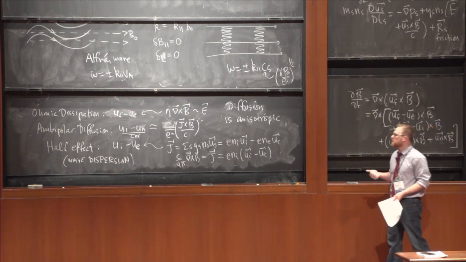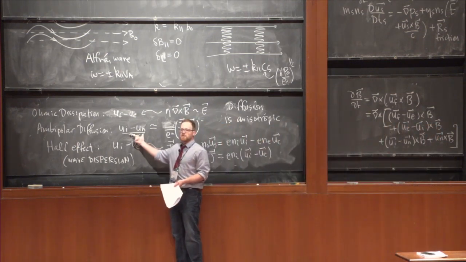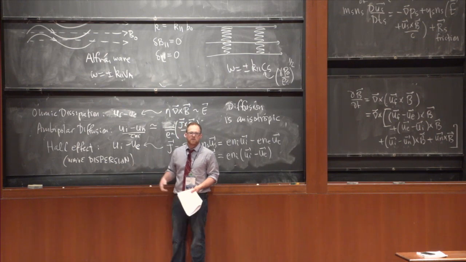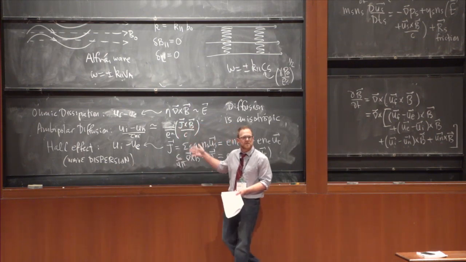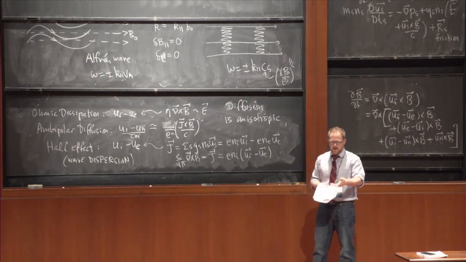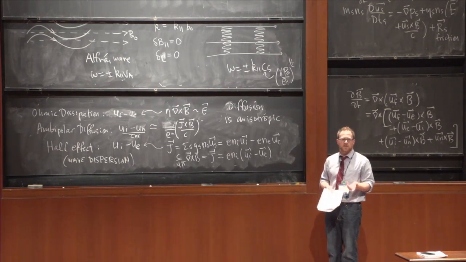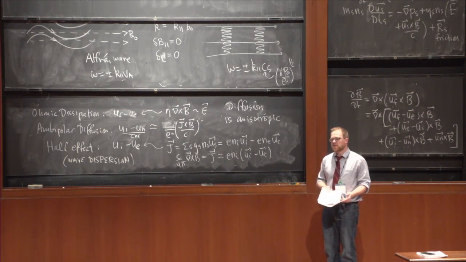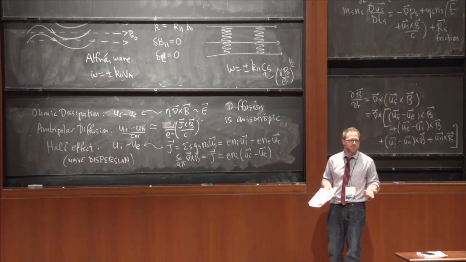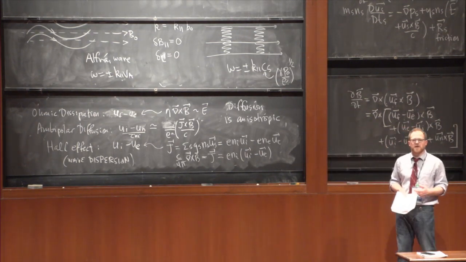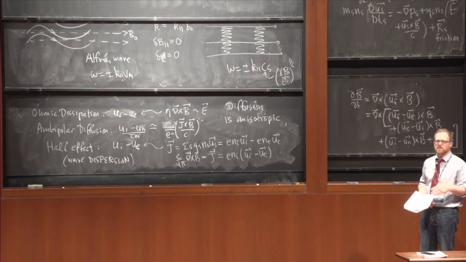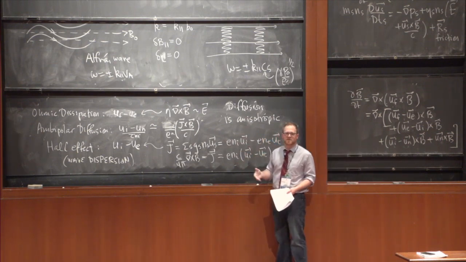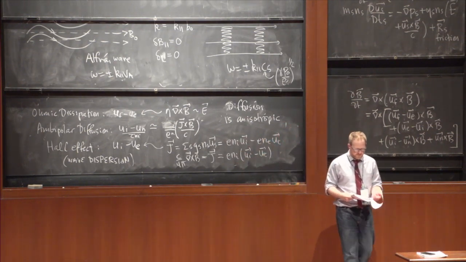So what happens to the Alfvén wave when there's some drift between the ions and the neutrals? What happens to the Alfvén wave when there's some drift between the ions and the electrons? What happens to the slow mode? What happens to the fast mode when each of these happens? It's a very straightforward calculation. It's sketched out in the notes, and it's something that I really encourage you to do. Once again, if you're really interested in astrophysical fluid dynamics, which I guess you're here, so yeah. If you want to learn how to do nonlinear problems, the first stepping stone is linear theory. If you could do linear theory and really understand the physics that each one of these introduces and how it affects all the waves of MHD, that's a really, really good first step.